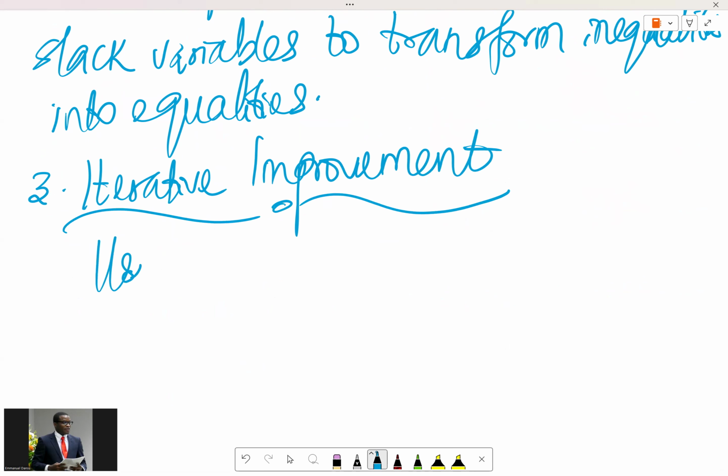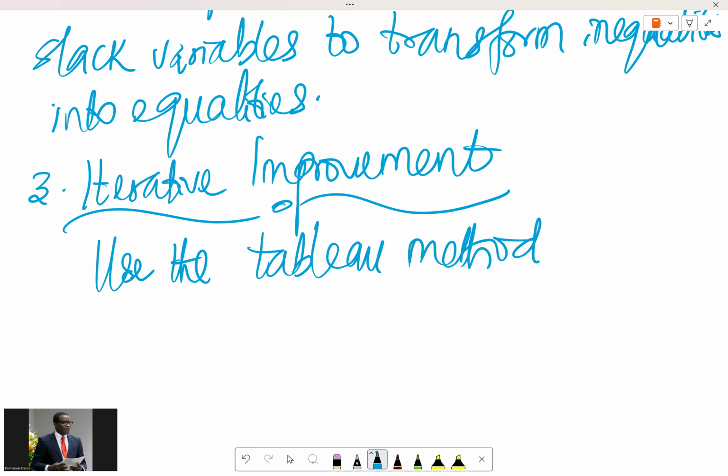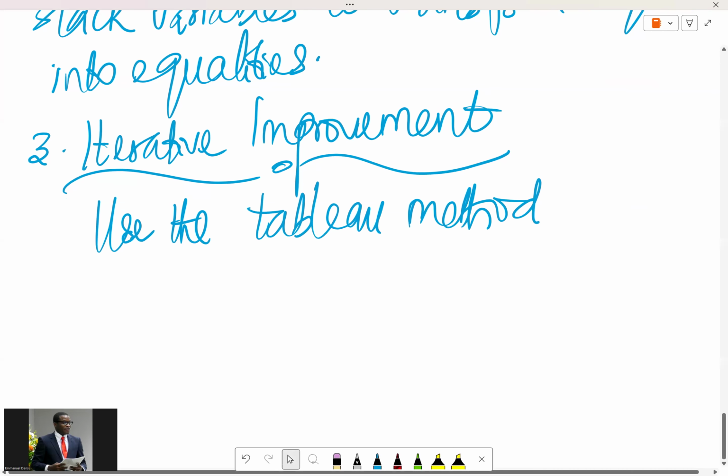So use the tableau method. So a tableau is simply a table. Use the tableau method to perform